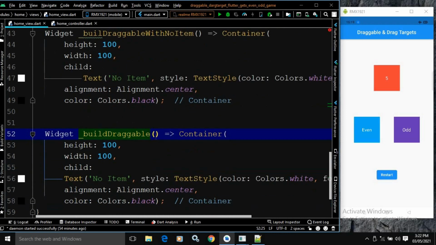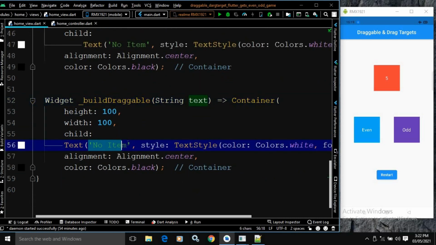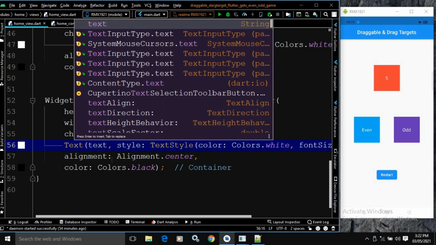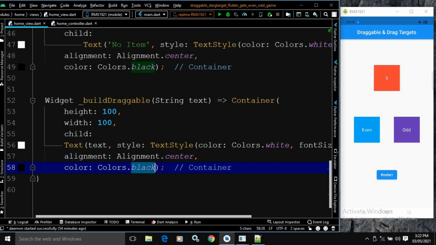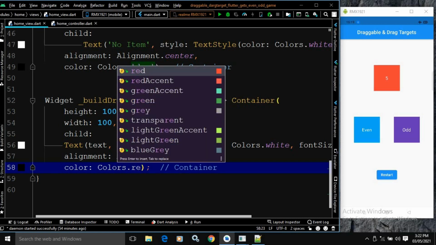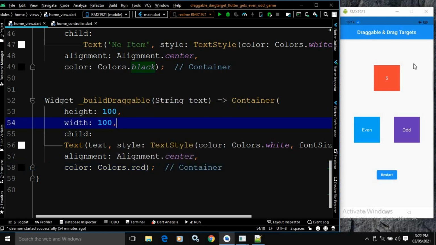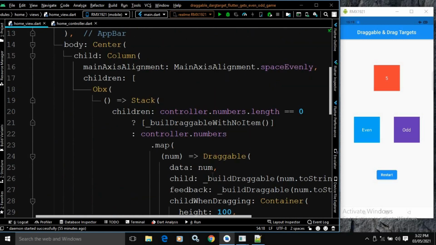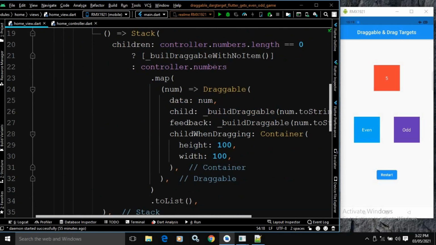So here I need to pass a string of text, right? And in this text widget, instead of no item, here I will pass this text, right? And in the color, here I will write colors dot red, because you can see here the color is red, right? Now I have created this build draggable and build draggable with no items, right?